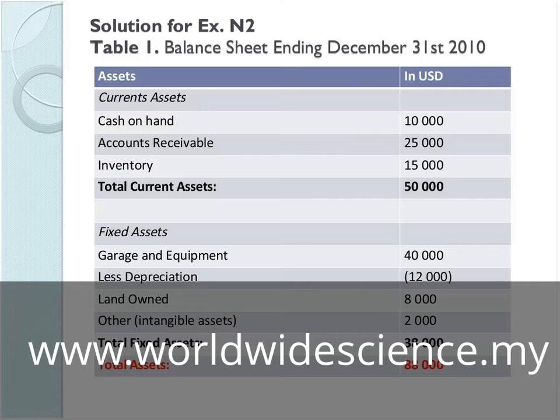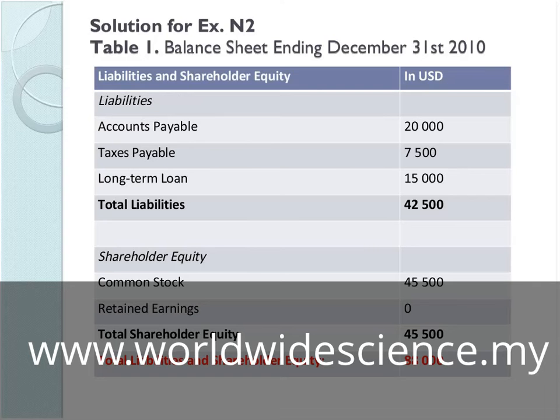Let's see the liabilities. So here is liabilities and shareholder equity. We have accounts payable, which is the current liabilities, taxes payable, long-term loan. Long-term loan is long-term liabilities, right? And shareholder equity, we have a common stock given to you,